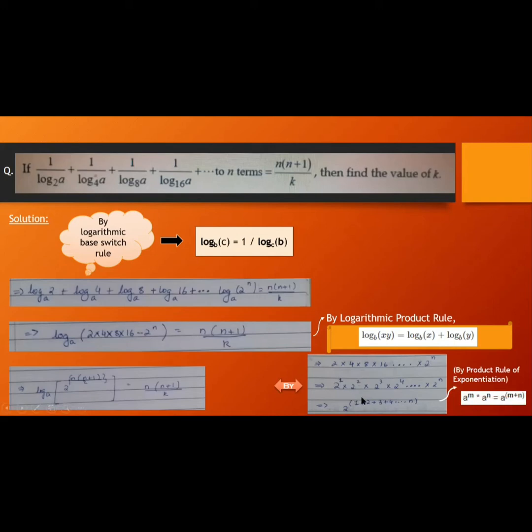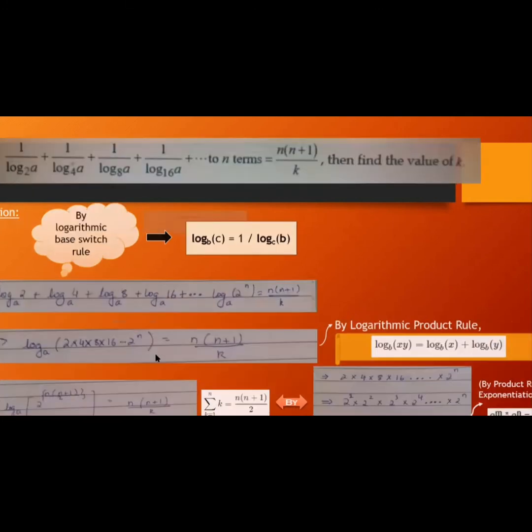Okay, so from here, the power is still kind of complicated, right? We have to simplify it further. How do we do that? By using this rule, that is the summation of k from k equals 1 to n of k is n into (n plus 1) by 2. Since here also in the power, all the whole numbers have been added until n, we can apply this given rule to the power, and it will make it log 2 power n into (n plus 1) by 2 base a, right? Clear?